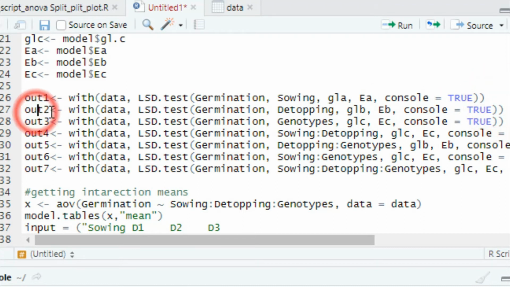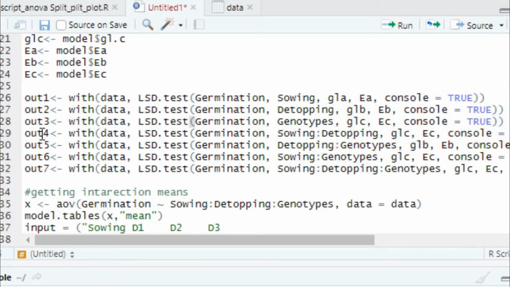Now out2 with data LSD test, germination, that is factor B, detopping, GLB, EB, console is equal to 2.